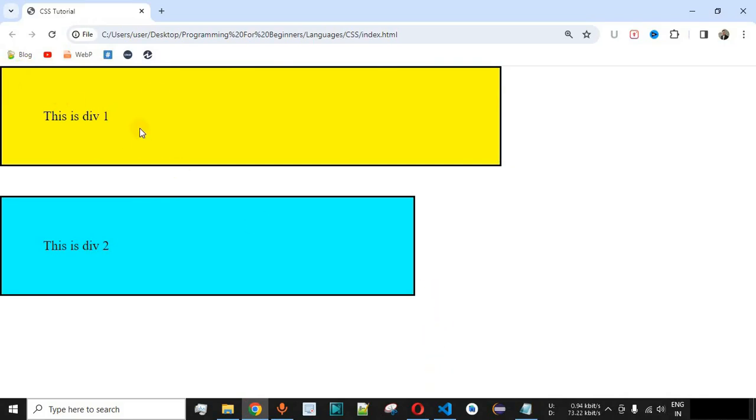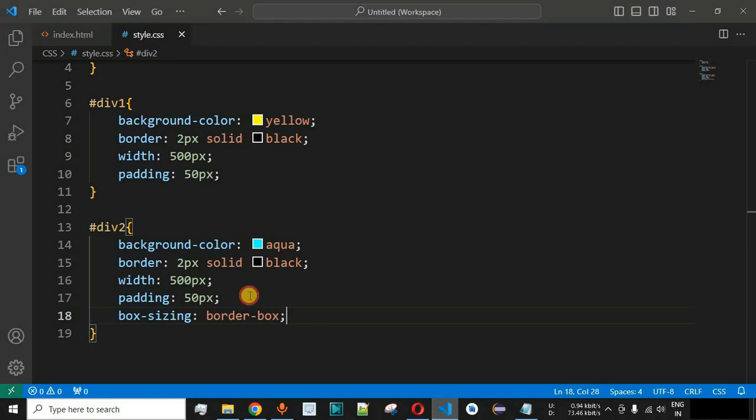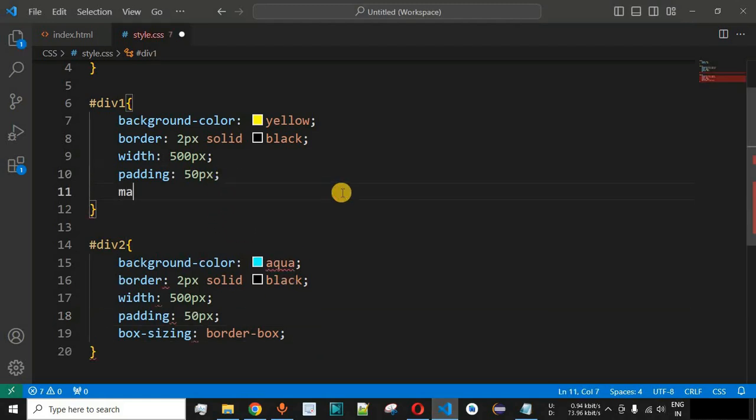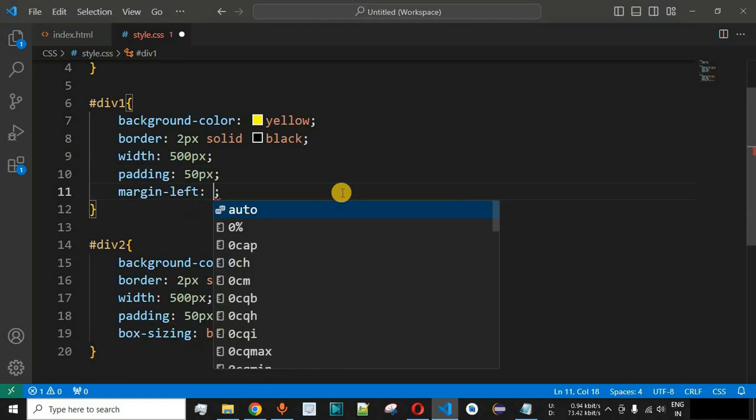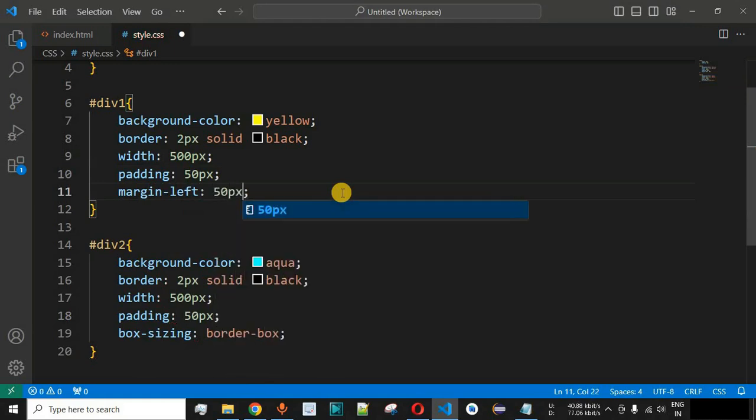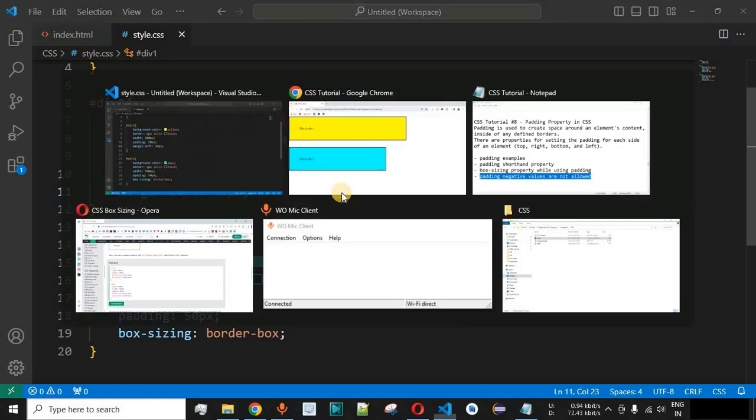Let's say we provide the margin to the same div element over here and see what is the difference. So when we provide margin left over here, so in this case we say margin left, and let's say we provide 50 pixels as margin left in this case. When we save this file now and try reloading this page, so as you can see, this is the margin property, which means the space that is outside of the border of the web element. So when you want to provide the space outside of the border of the web element, you can use margin, and when you want to provide certain space inside of the border of the web element, then you can provide the padding property in CSS based on your requirements.